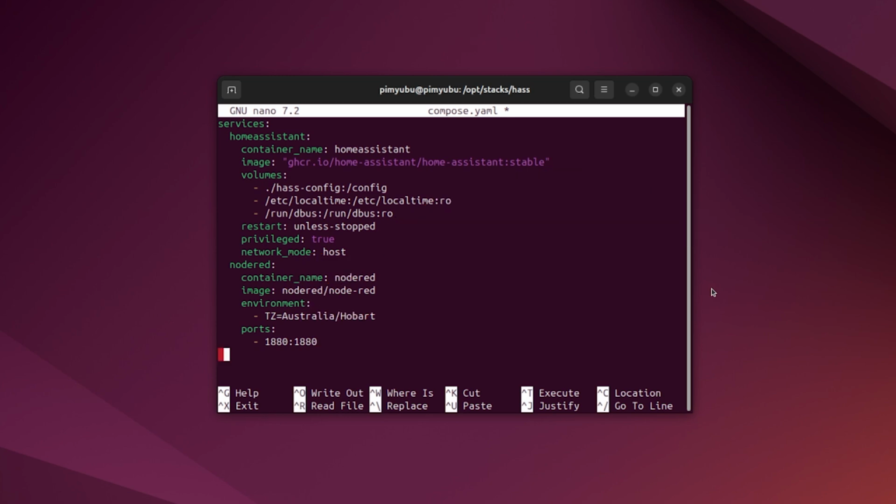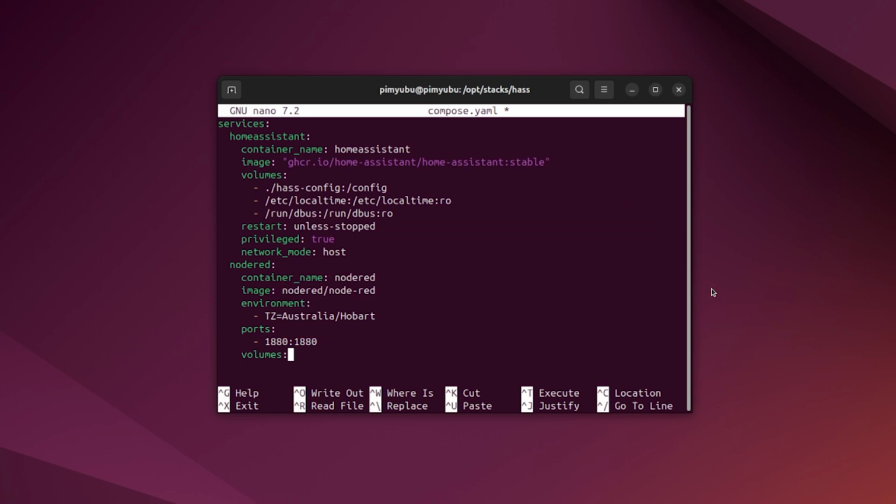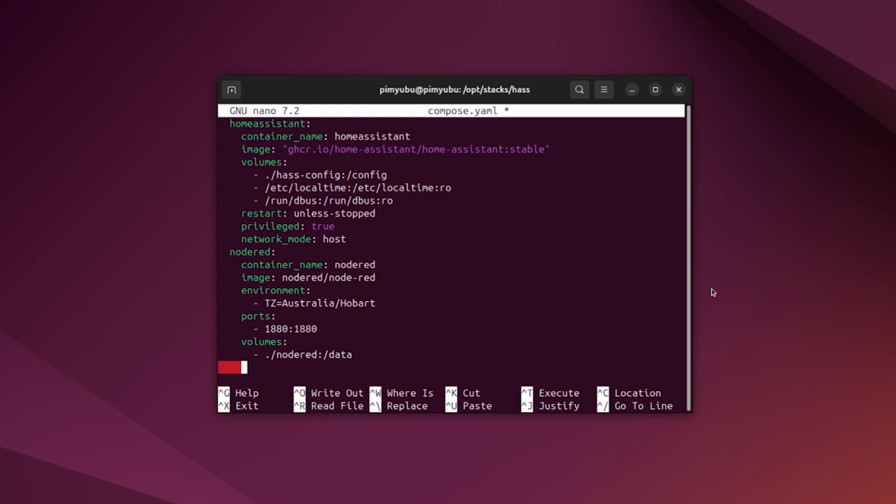Now we need to set up a volume for Node-RED to store its configuration files and data. Define a new list of volumes by typing in volumes followed by the colon symbol. Underneath this header, type in -./node-red:/data. As we want Node-RED to only start when Home Assistant and Mosquitto are available, we will want to specify